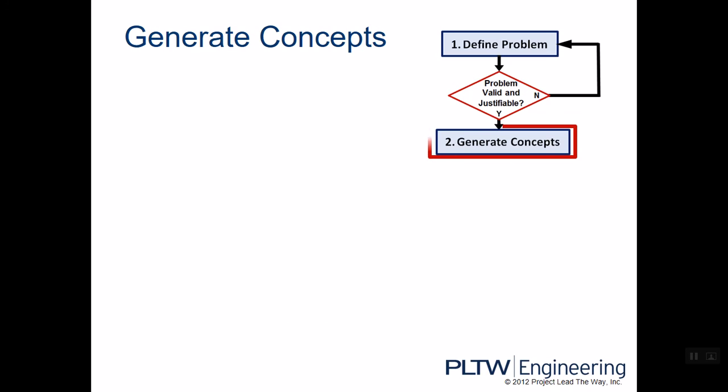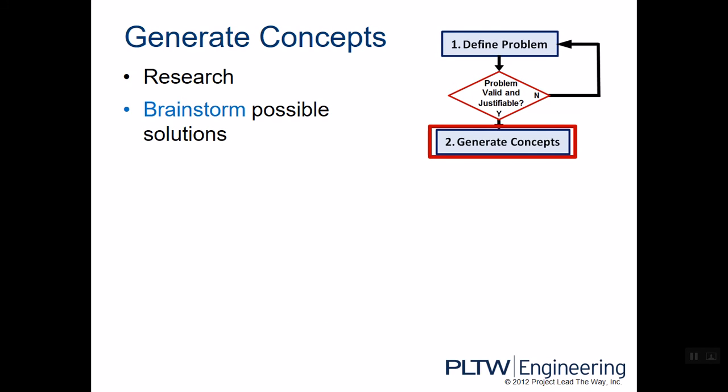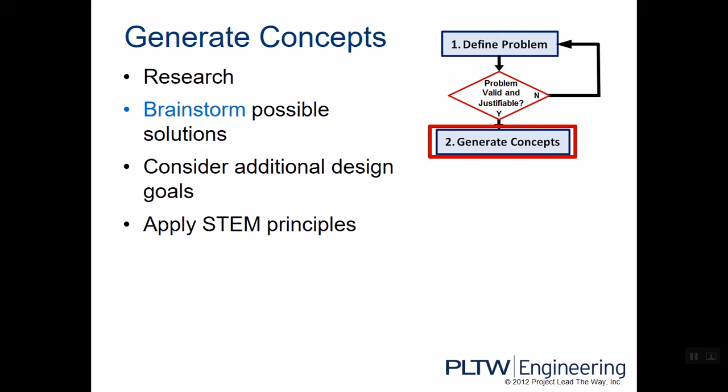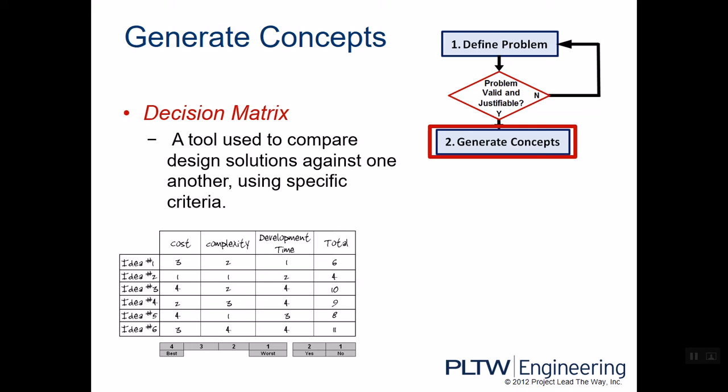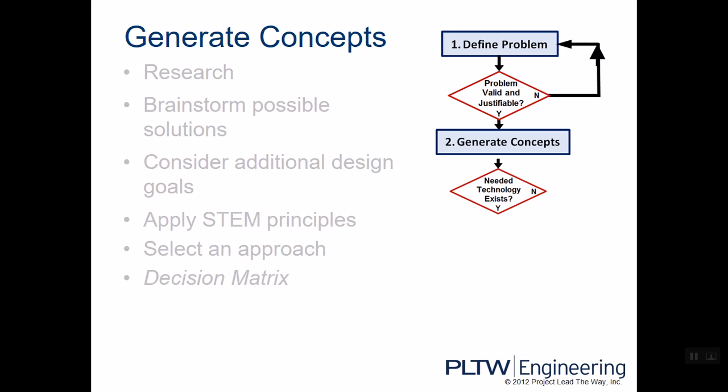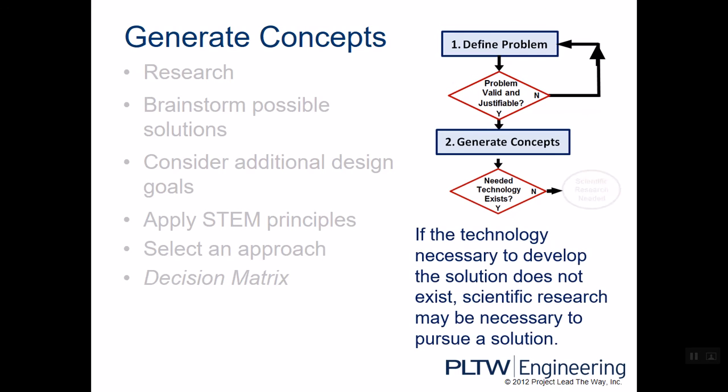This is just giving you an example as you go through, but generate concepts. So you research, brainstorm. We talked about brainstorming already. You would brainstorm possible solutions, consider additional design goals, apply STEM principles, select an approach, use a decision matrix. A decision matrix is a tool that's used to help narrow down or score the ideas or score whatever specific criteria or solution that you're going to go with. The next one after that